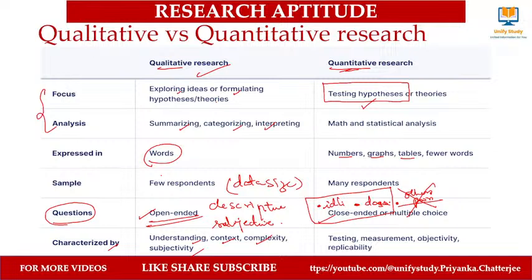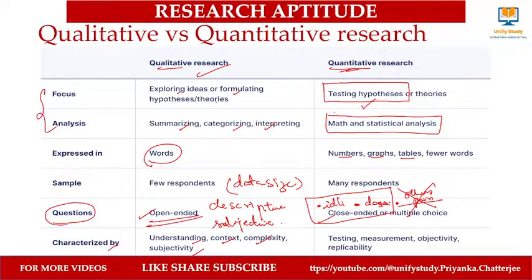Oh, this is about Richie. Okay, very good, super. But when you go to quantitative types, everything has been predefined. I'm going to test whether it is right or wrong. That's all. Okay, so that is quantitative type of research, and this is qualitative type of research. And here it works on maths and statistical analysis. Very important point. Yes, clear?